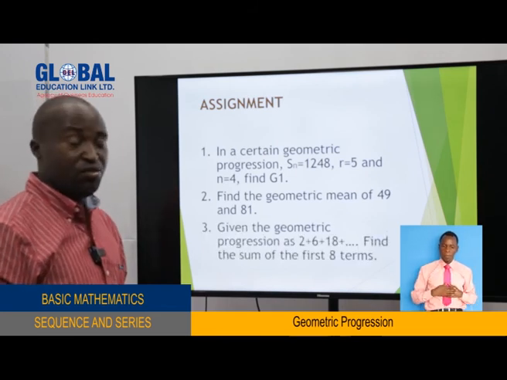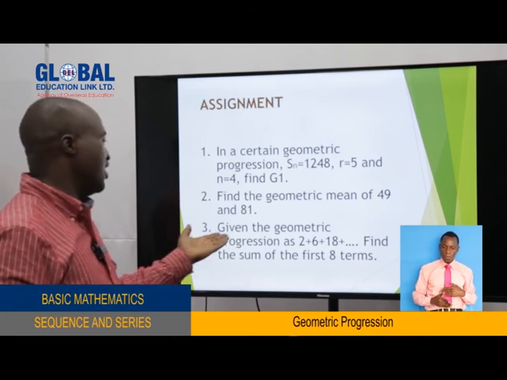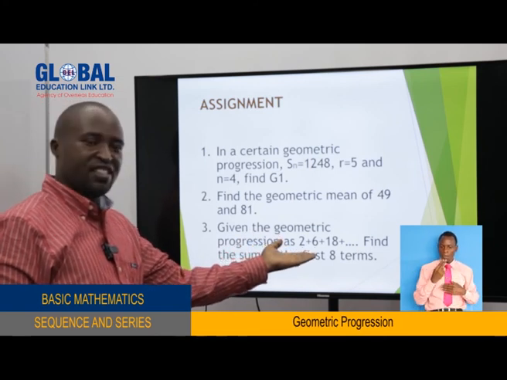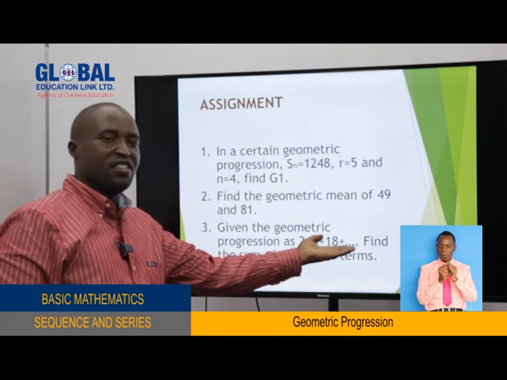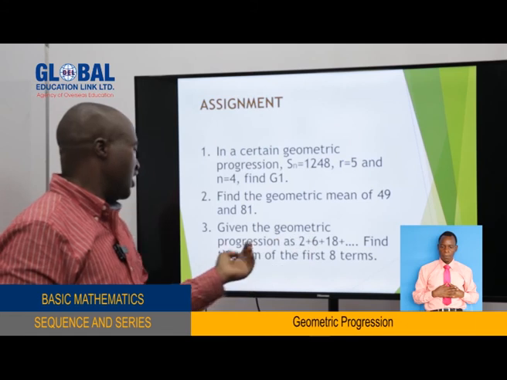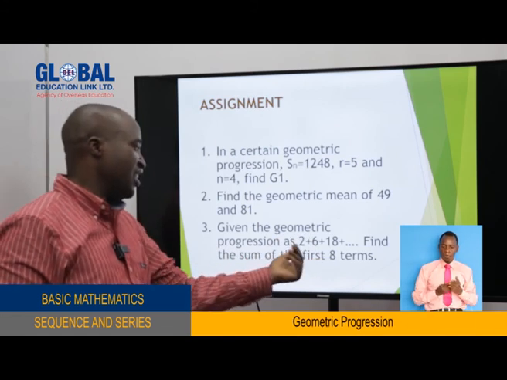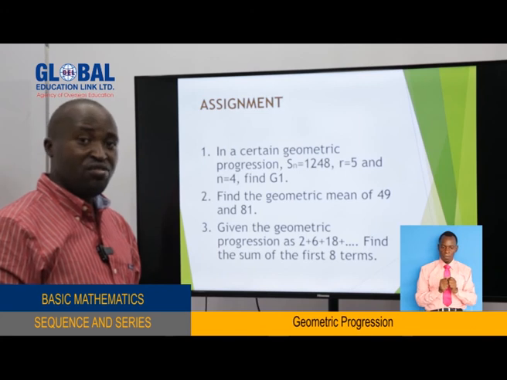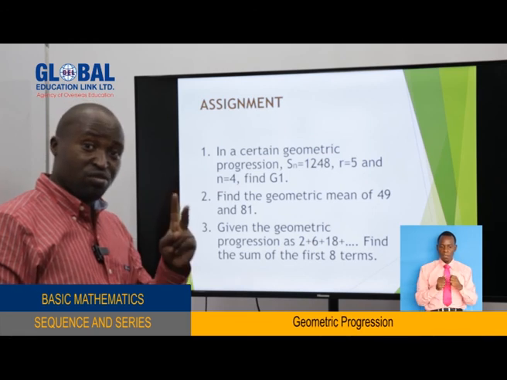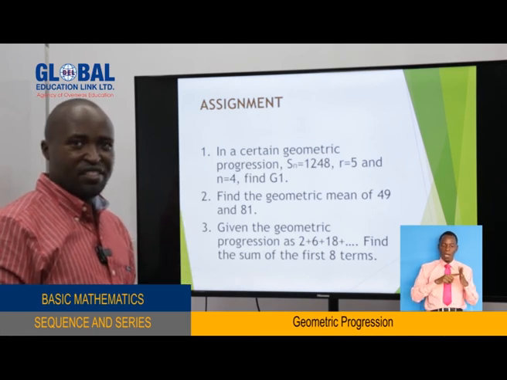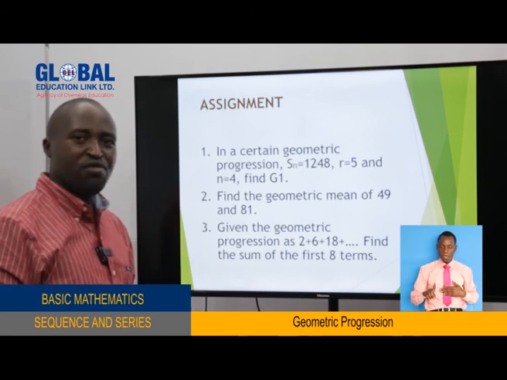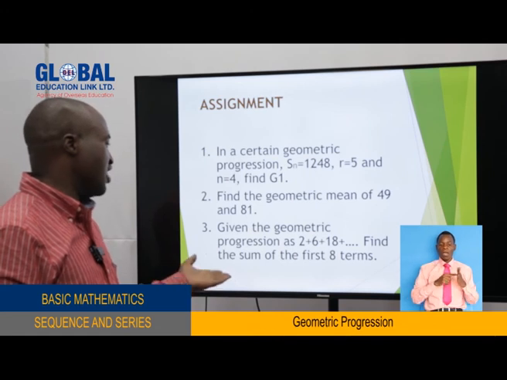Then the last question for you: given the geometric progression 2 plus 6 plus 18 plus to infinity, you are supposed to find the sum of the first 8 terms. You know the general formula of finding the sum of n terms, and there you have 2 general formulas. Now try to read your question and choose a suitable formula that will help you to find the sum of the first